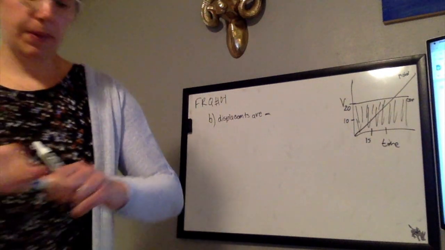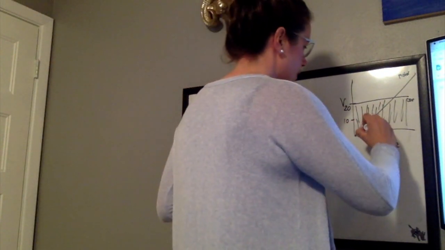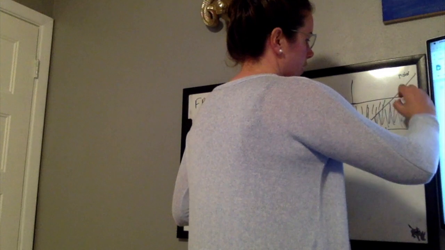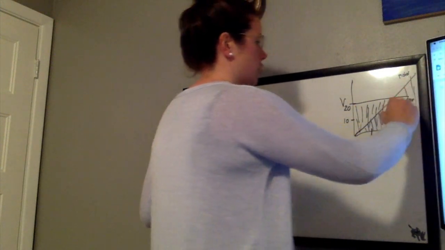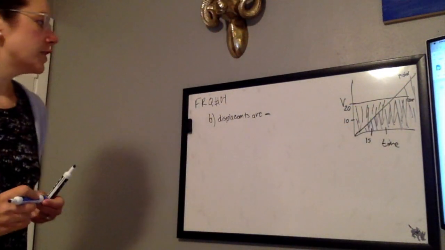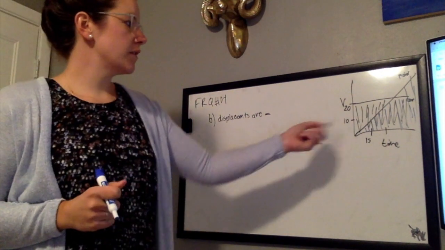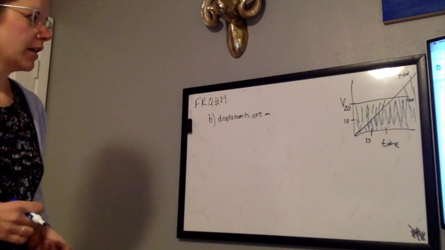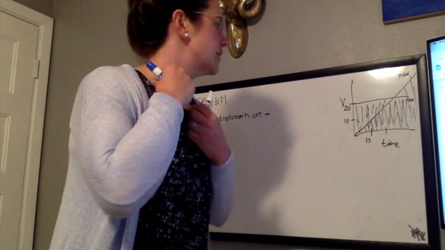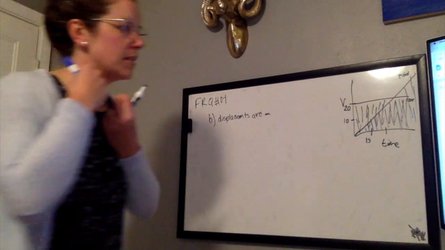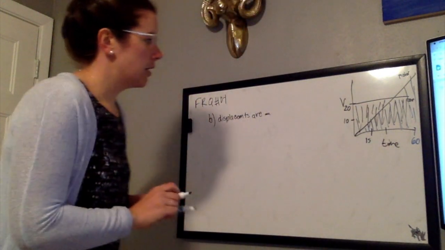Didn't plan to do this, but we'll see how it works. And here, this is the area for the motorcycle. When their displacements are the same, the area under these curves is the same. You could look at this graph and do a little guess and check, and I see at time equal to 60 seconds down here, the car